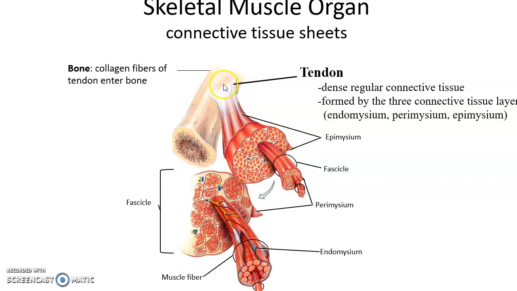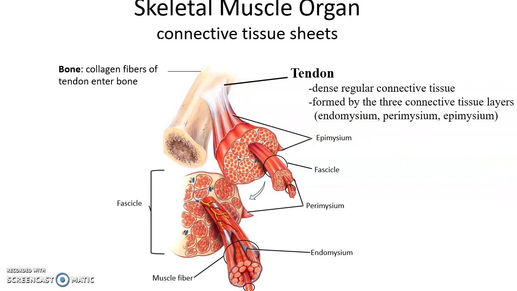Then, of course, we have the tendon. The tendon is made of dense, regular connective tissue, and the tendon actually is a fusion of the 3 categories of connective tissue within the muscle organ, so that it's actually a continuous structure running through the muscle organ. The tendon, of course, then attaches to the bone, in most cases, and the collagen fibers within the tendon